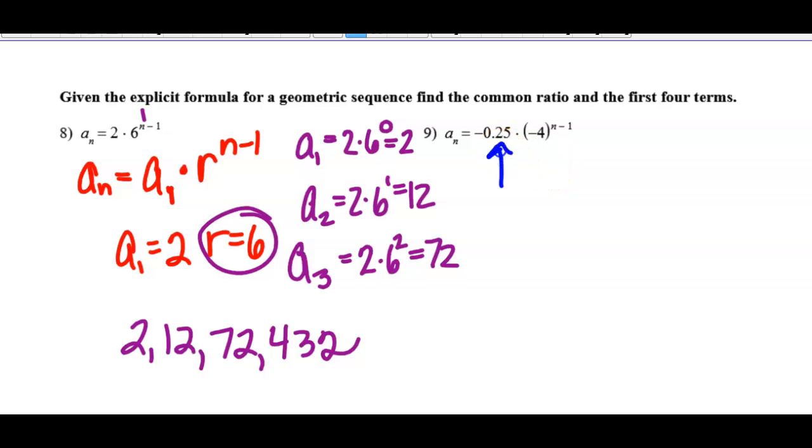So the first term here, if this didn't say n minus 1, this would not be the first term, and we'd have to figure it out by putting things in. So maybe we should do it that way. But